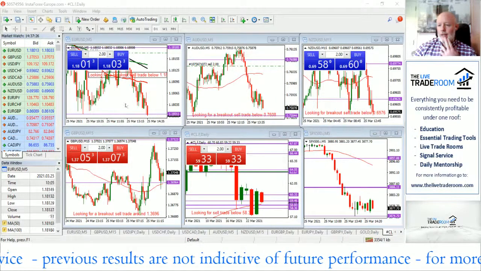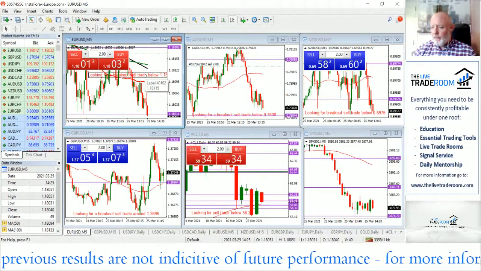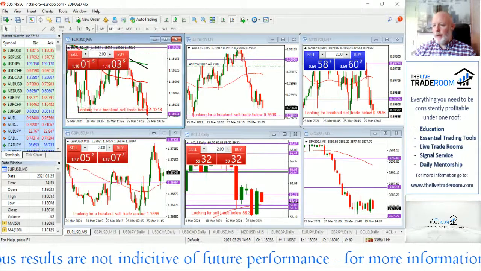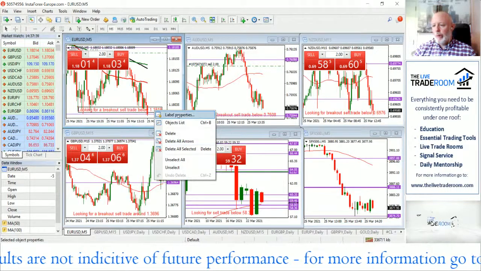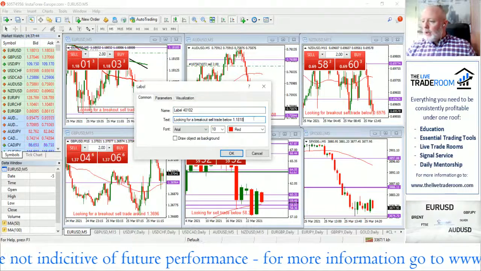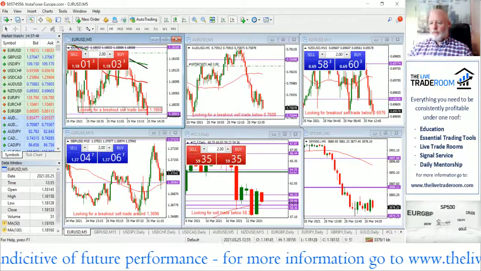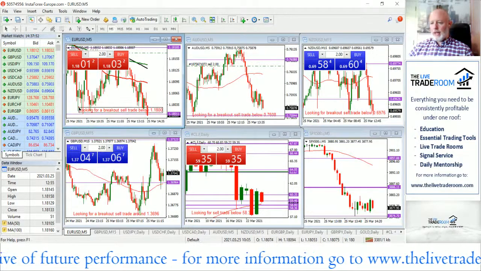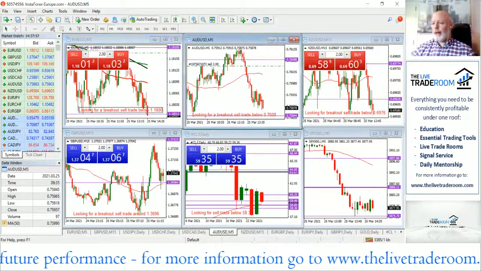Okay, it's interesting to see the euro dollar actually extend lower. So there's your sell trade below. We can just amend this. Before the 1800. So there's a sell trade right now in the euro dollar. Close to that for the